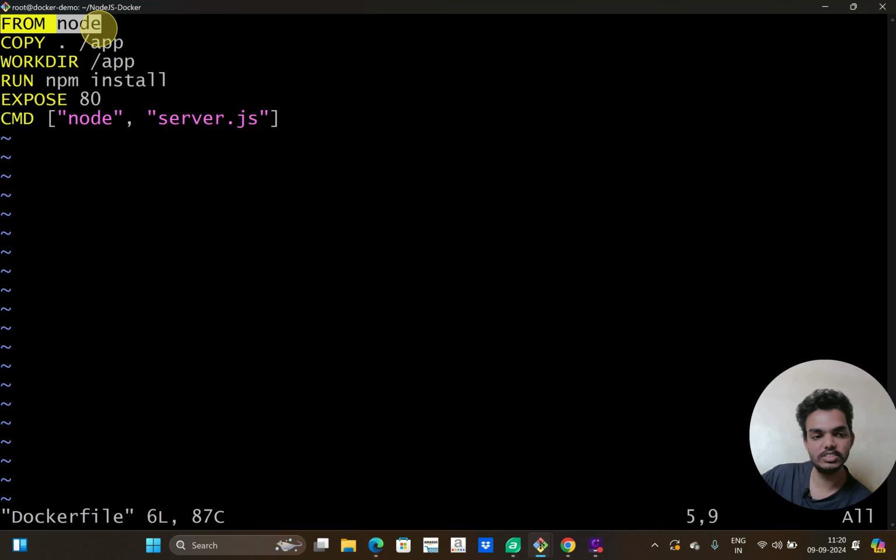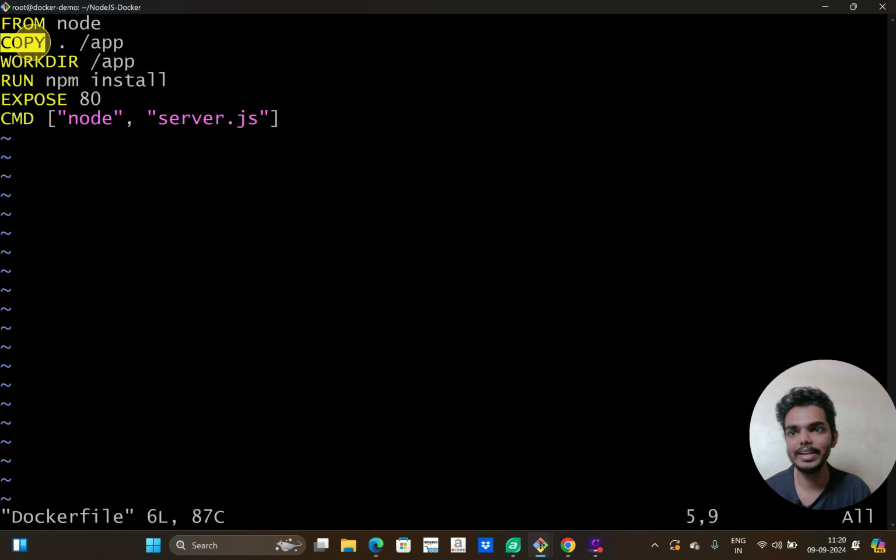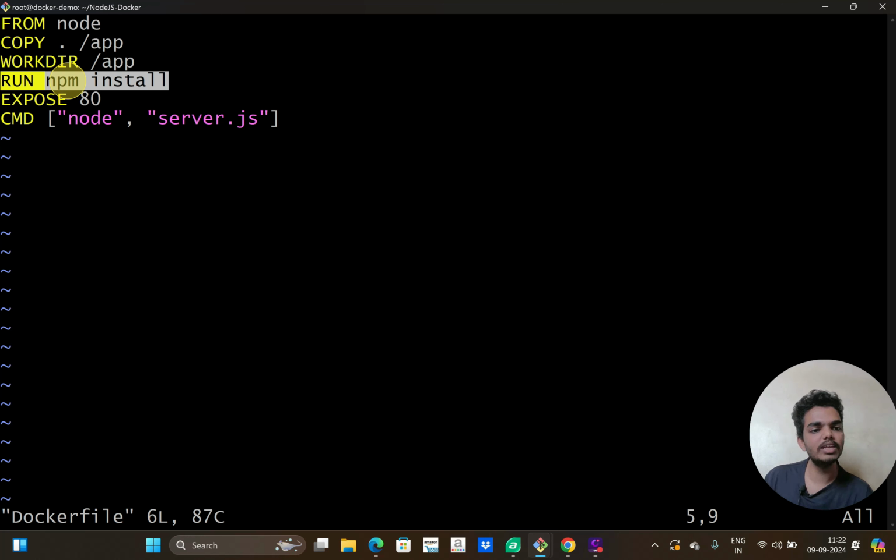So that's how caching works here. Similarly, copy code is also one layer here. If the code is not changed, it will not rebuild again, it will use the cache. Similarly, if the package.json file is not changed, there is no need to execute the npm install command again. So it will save a lot of build time. These layers can be reused.